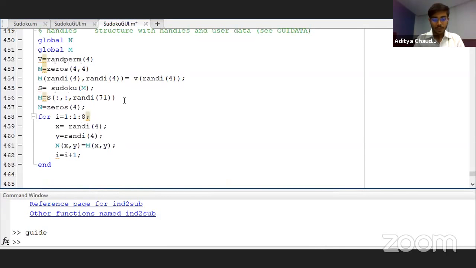Now, the next part is to display those things in the GUI. This is something where you need to be careful again. So j equals 1, and we'll be creating a for loop again, which is similar to the above for loop. So I'll just quickly type it in.